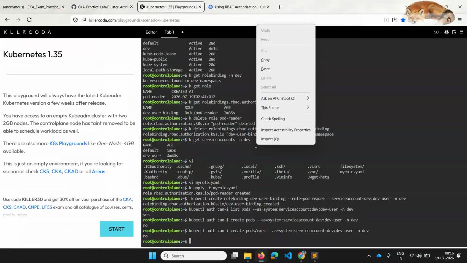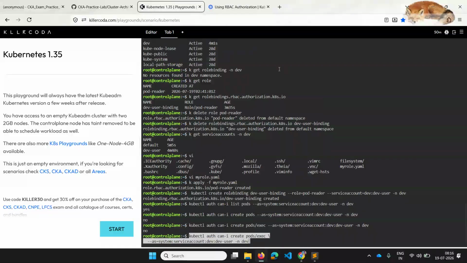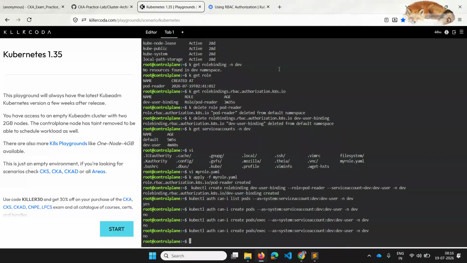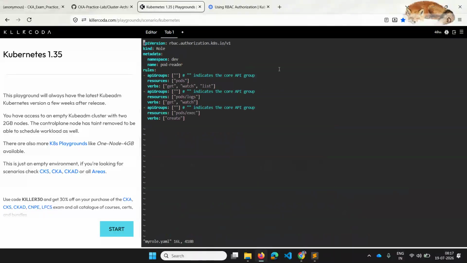This is what I used. Can I as system service account? No. It still says no under pods exec. Let me verify my role YAML.